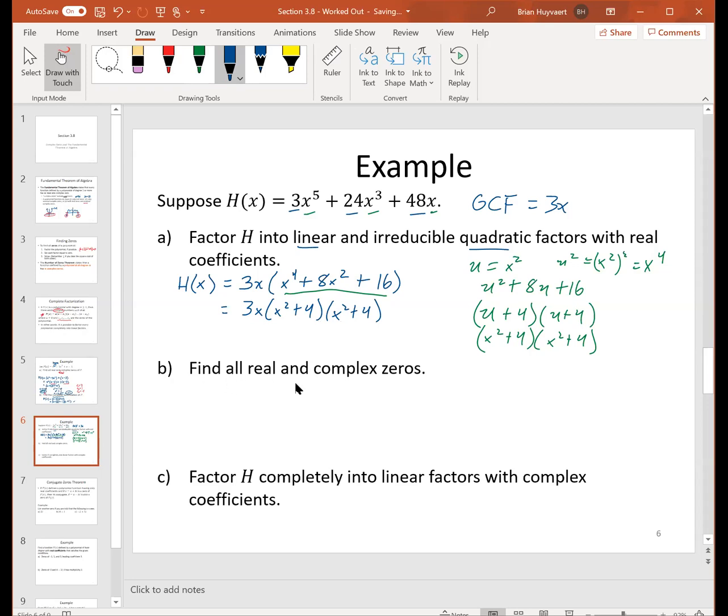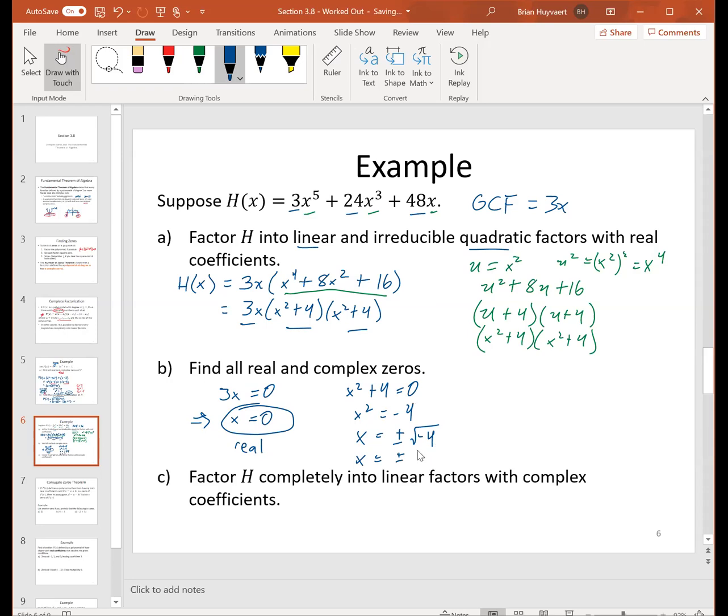Let's find all real and complex zeros. Well, this just means we have 3 different factors. Set them each equal to 0. So 3x equals 0. If I divide both sides by 3, x is 0. So there's one of our zeros. It's a real 0. Then we take another factor, x squared plus 4 equals 0. So x squared is going to be equal to negative 4 if we pull that over to the other side. So x, using our square root property, is plus or minus the square root of negative 4,